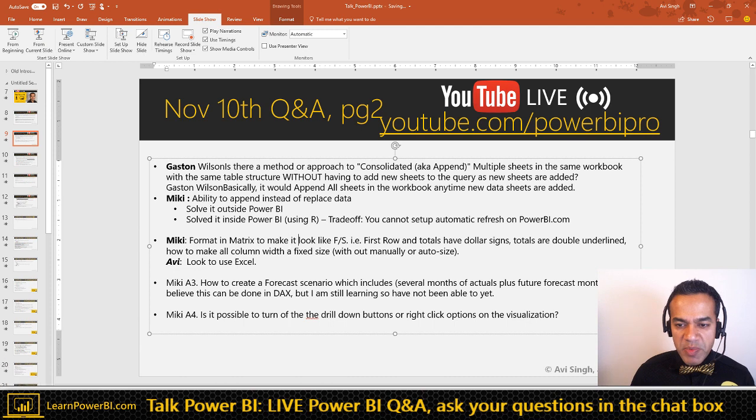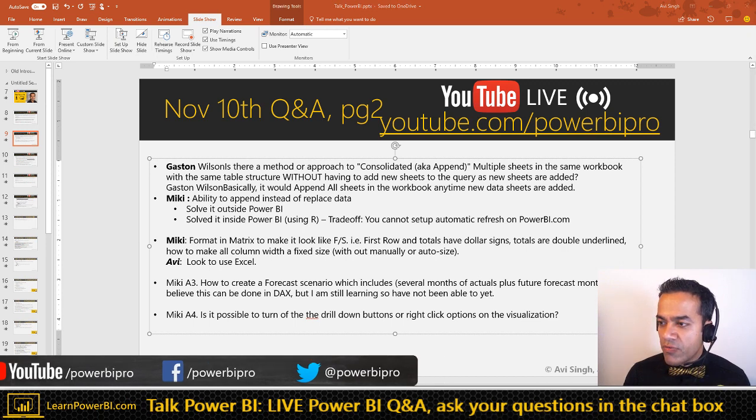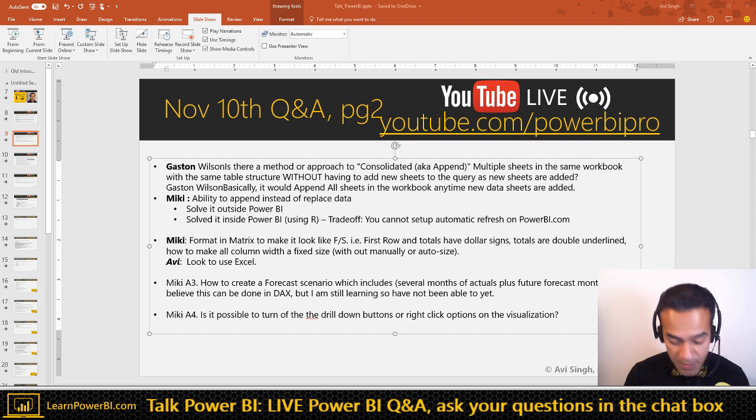Again, his specific questions: fixed column width, unless you can find that option in the settings, it might not be there. How to create a forecast scenario which includes several months of actual plus future forecast months. I believe this can be done in DAX, but I'm still learning, so I might not be able to do it yet. Lovely, love it. And I'll make that quick because that's coming in my finance Power BI series. So if you're not in the know already,